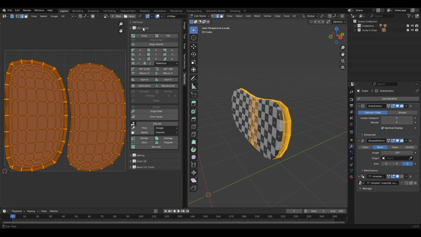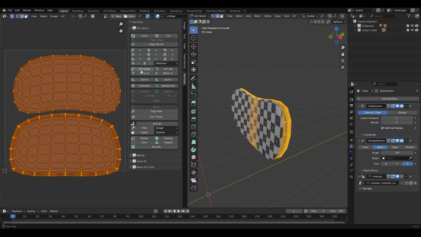Now let's open the UV layout section, and you can see it provides a bunch of tools for arranging UV islands. Don't worry too much about all these tools. You don't need to learn them all right now. For rotating the UV islands, we only need these two options. 90 degree CCW rotates the selected island 90 degrees counterclockwise, and 90 degrees CW rotates them 90 degrees clockwise. So we'll just use the 90 degree CCW option here, and as you can see, it easily rotates the islands